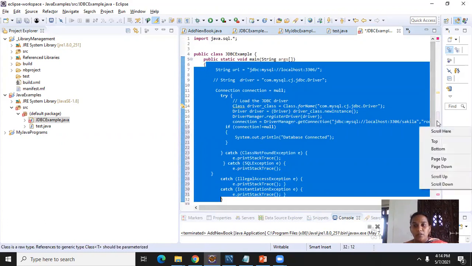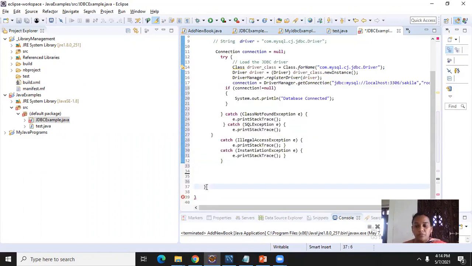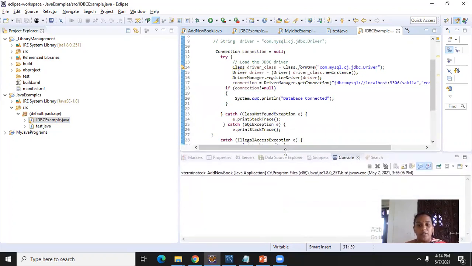Void main is this. One extra brace is there. So it's showing another side. Now everything is ready. If everything in this program is correct, it will simply output database connected.